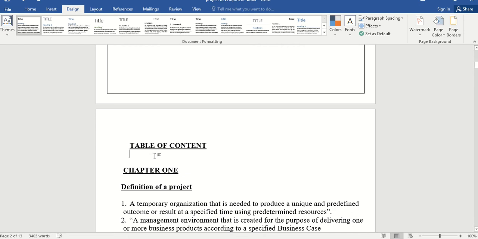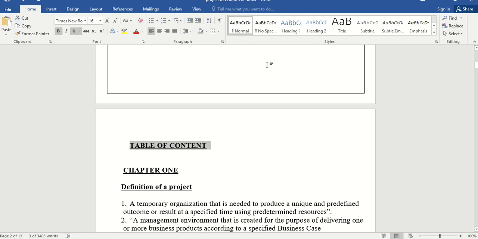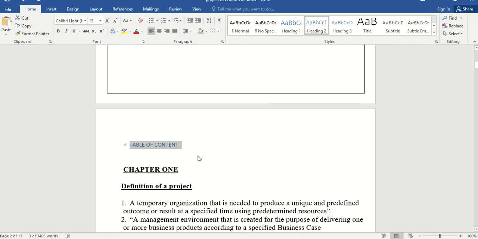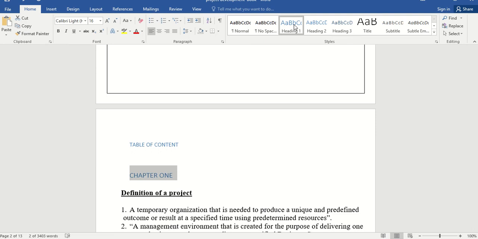Now, before we insert the table of content, we must select all the titles that we have. The table of content itself, you can select it as a title, but it's optional. So we shall give the title, the table of content, back on Home. Make sure you give it heading 2. Chapters are the ones that we usually give heading 1. So the rest may fall in heading 2